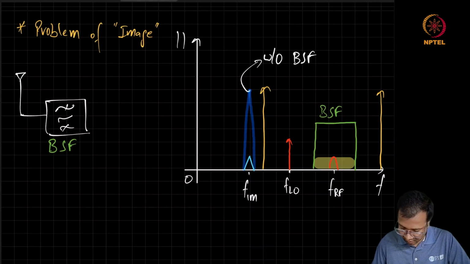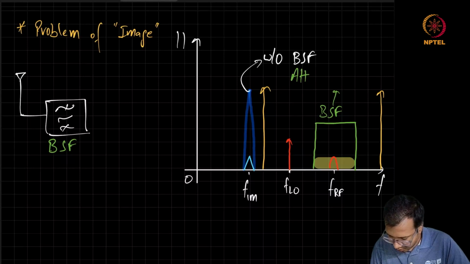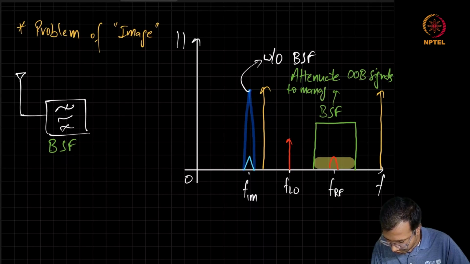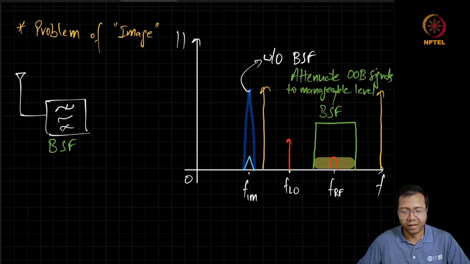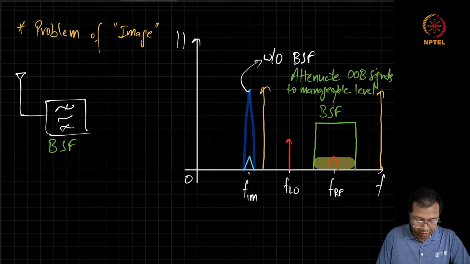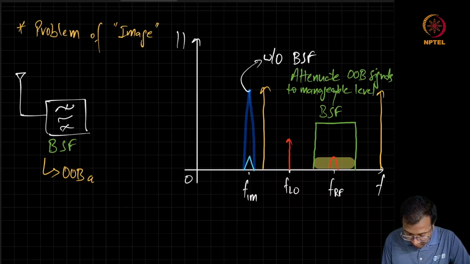That is, attenuate out of band signals to manageable level. Okay, so why not go further and then completely kill the signals, anything out of the band? The reason is, if we target higher out of band attenuation,